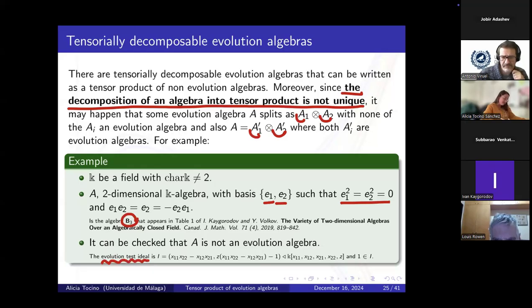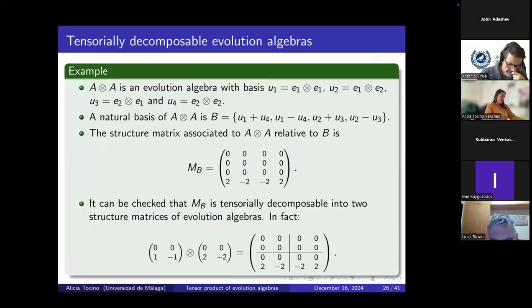We have constructed the evolution test ideal of this algebra, and we have proved that 1 is in the ideal by computing the reduced Gröbner basis. So A is not an evolution algebra, but we compute A tensor A,